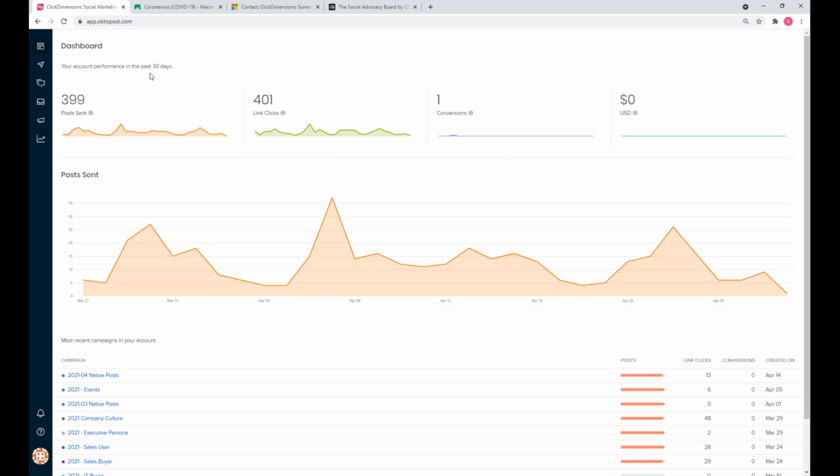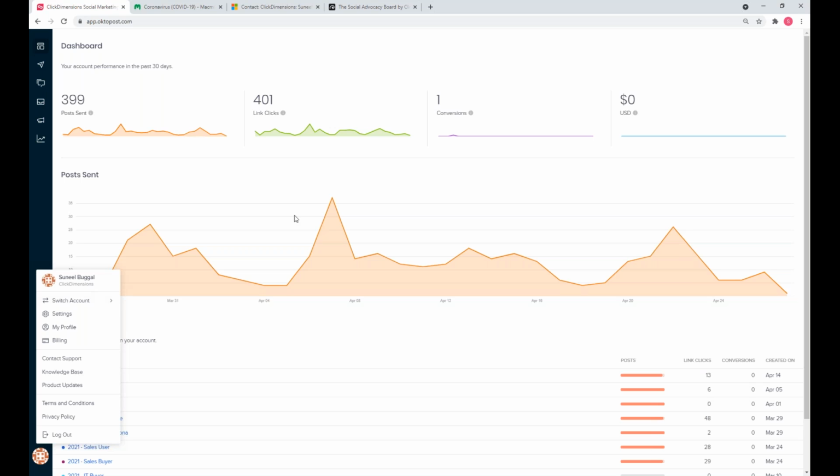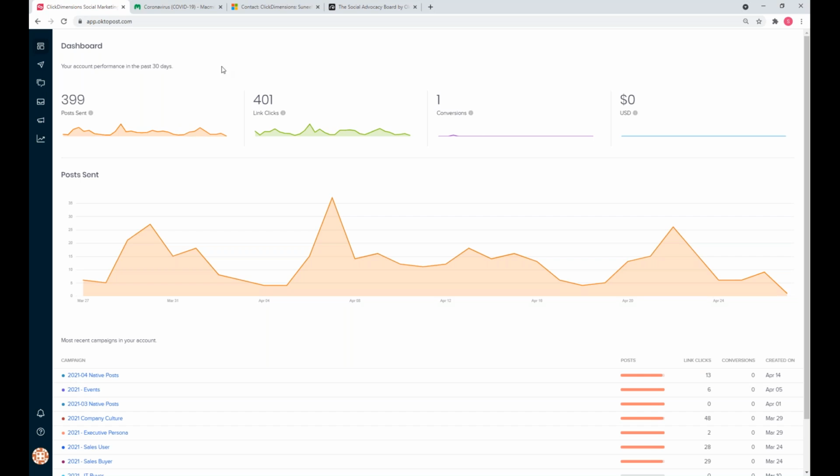Now we're starting off on the dashboard, guys. This is giving me a snapshot of the last 30 days. And I can see, okay, we have nearly 400 posts which have gone out, and we've had 400 clicks, which isn't bad. We've had one conversion, and if we want, we can assign a monetary value to this as well. But most importantly, we're interested in conversions, right? Now, this is just dummy data, where I'm actually using sample data from our own account, ClickDimensions. So the expression is we drink our own champagne, right? This solution works. We use it ourselves, as you can see. And this is a snapshot of our data in the last 30 days.